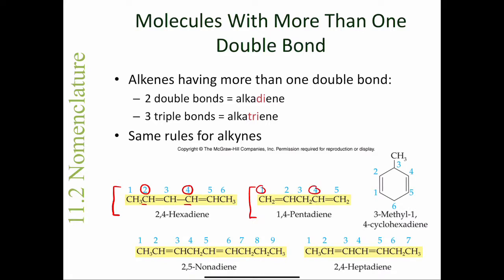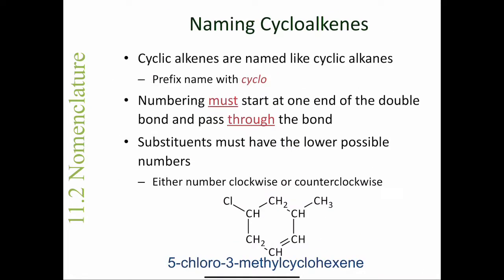And the same rules would apply for alkynes as well. Cyclic alkenes are named much like cyclic alkanes in that we prefix the name with cyclo. When we're numbering our double bond in our cycloalkene, the numbering must start at one end of the double bond and it has to pass through the bond. So therefore, if I just drew cyclohexene over here, so this molecule is cyclohexene, if I were to